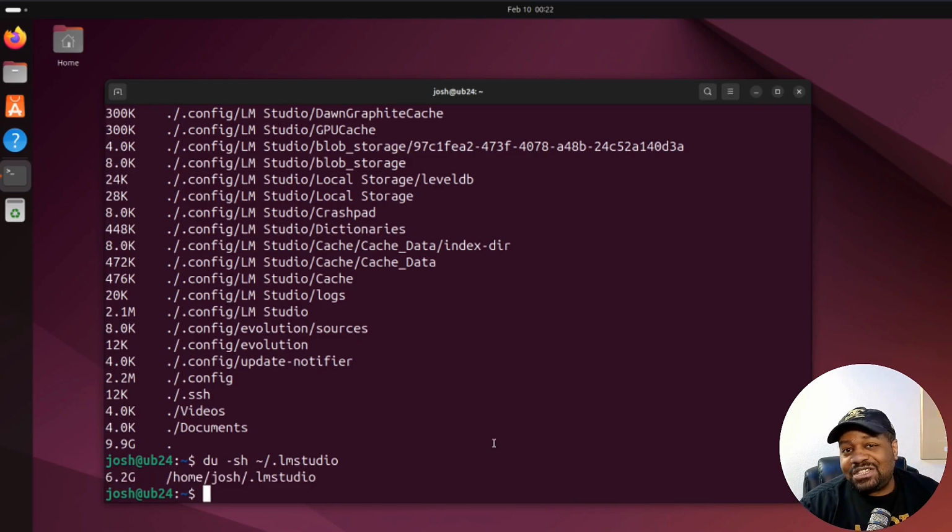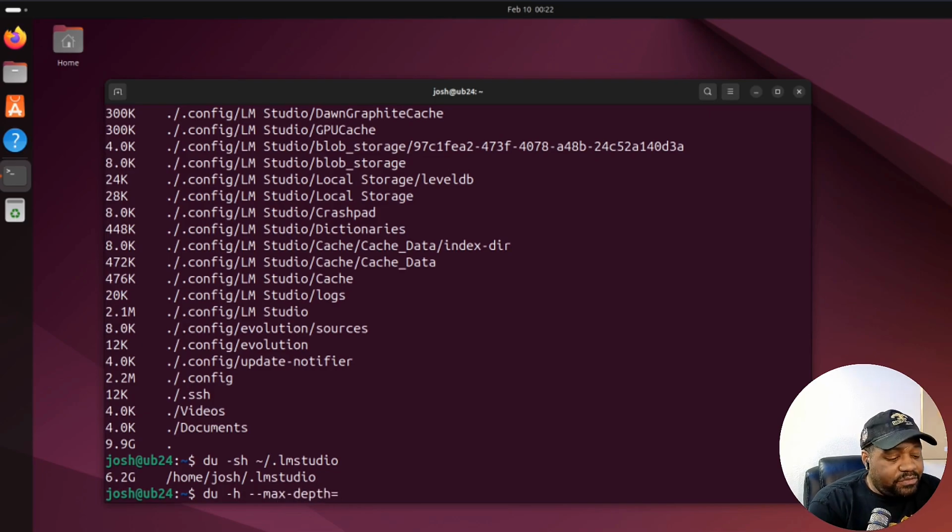Now let me show you guys how to sort. Let's say you want to see what's exactly eating up your space from the top down. And I'll also pipe it into another command called sort. And this will definitely help you narrow down where the space is being taken up. And I want to implement another option in here. So let's go du -h, in human readable, and then let's go